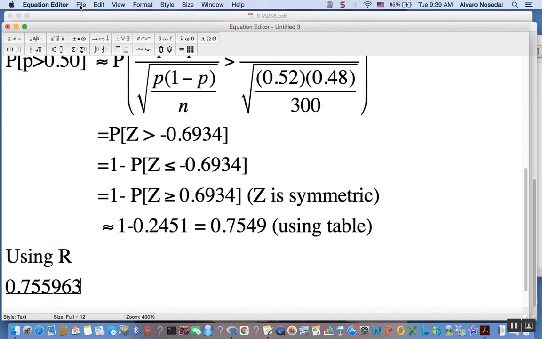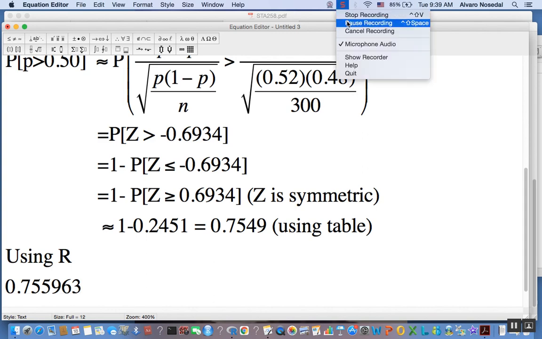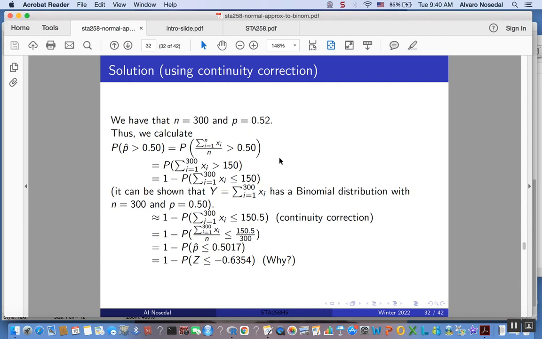Let me show you that in our lecture notes. Okay, I found it. So in our lecture notes you'll see this. This would be approach number 3, right? What we're going to be doing is using p hat, a normal approximation, plus something called a continuity correction.